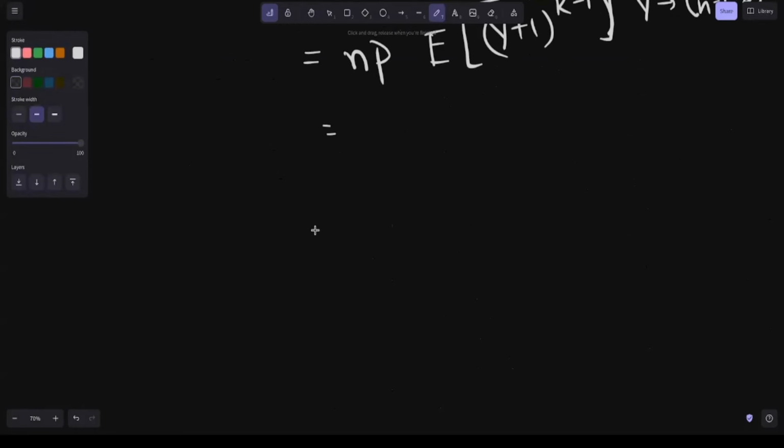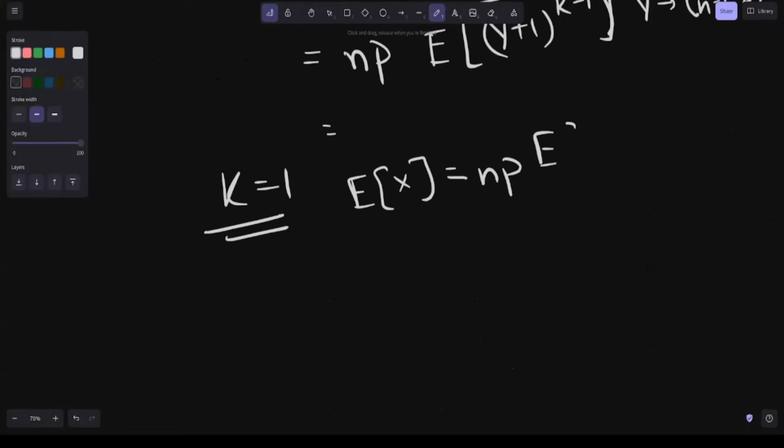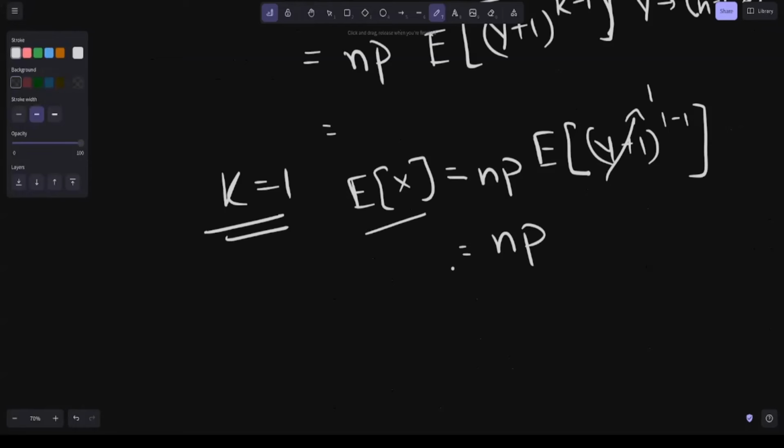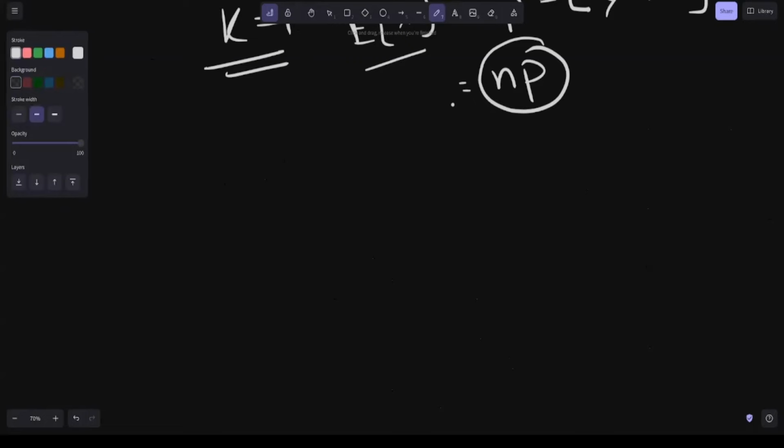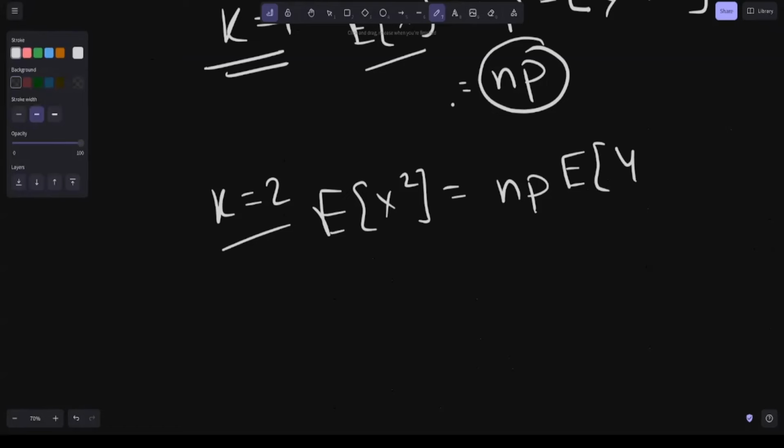Now let's take the value of k equal to 1. If k is equal to 1, then we will find out E[X], right? E[X] will become np times E of (Y plus 1) to the power 1 minus 1. So this becomes 1, the whole value is 1, E of 1 is always 1, so this becomes np. So you can see E[X] is np, so my expectation comes out to be np. Now finally let's take k equal to 2. For k equal to 2, we'll find out E[X^2]. E[X^2] will be np times E of (Y plus 1) to the power k minus 1. So this becomes np E of